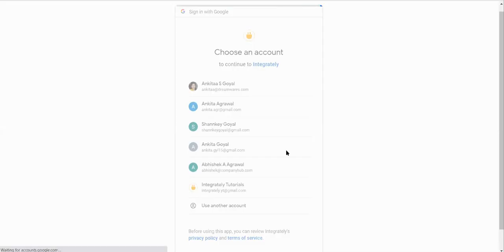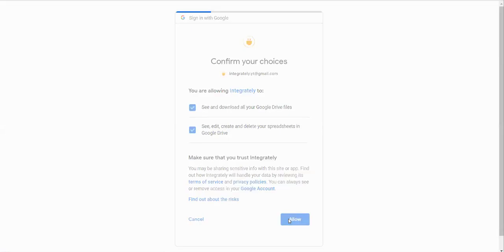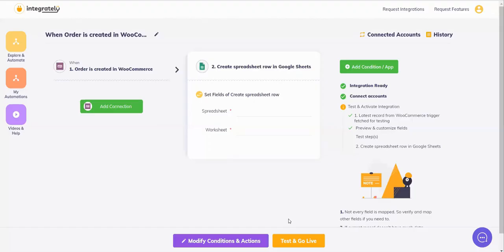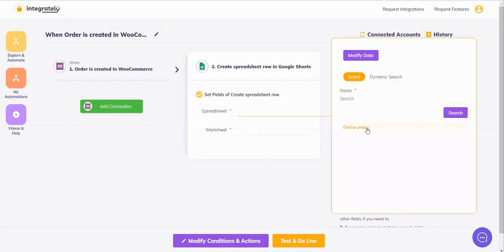Okay. Allow. Okay, so it's added my account. Now, which spreadsheet do I want? There can be many, and we have reached the select part because there are already spreadsheets present in my Google account. So it is going to ask me which one I want to select from. You cannot ask it to make a new sheet in this. You can only add new rows to an existing Google Sheet. So I will select the one I have here.